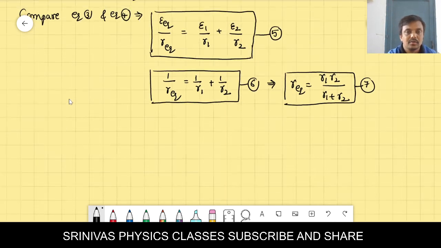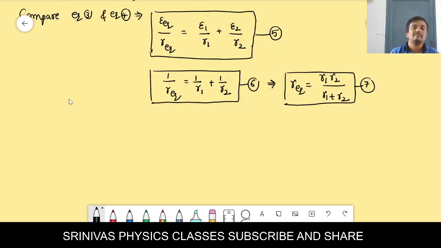And here, from equation 5, we want to find the total resistance. Here the cells are connected in series-parallel, so each cell acts as one resistor, because the cell only has resistance. Then the cells are connected in parallel, which means the resistors are also in parallel. When resistors are in parallel, the total resistance formula is this one. Simple, right? And next, I want the total EMF in the parallel combination.